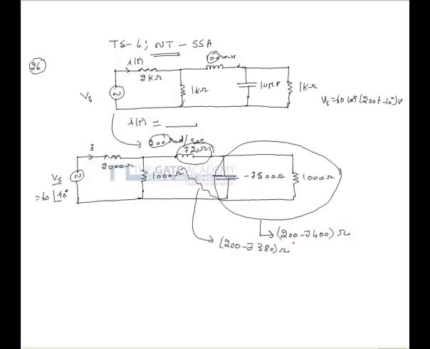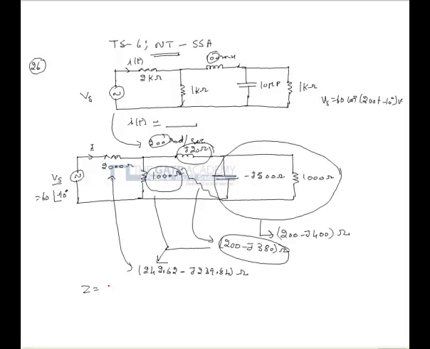380 ohms. Now, we see that this impedance is in parallel with 1000 ohms. So, the equivalent impedance can further be reduced as 242.62 minus j239.84 ohms, which is further in series with 2000 ohms. From this, the total impedance Z can be written as 2242.62 minus j